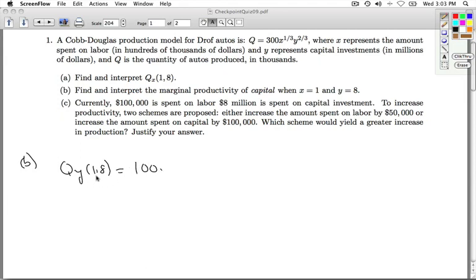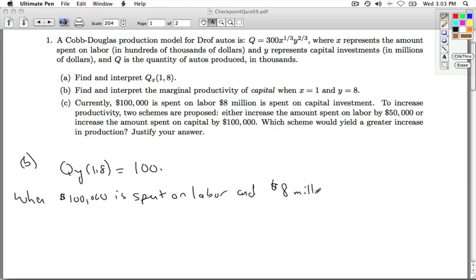So we interpret the 1 and the 8. So when $100,000 is spent on labor and $8 million is spent on capital,